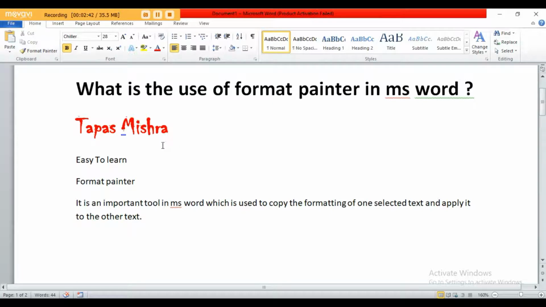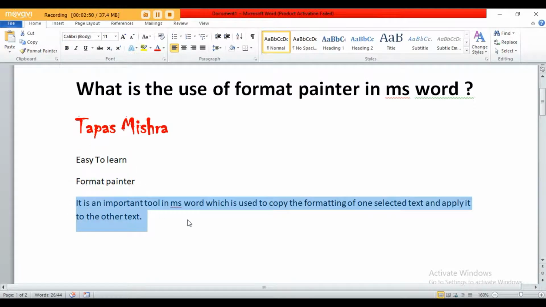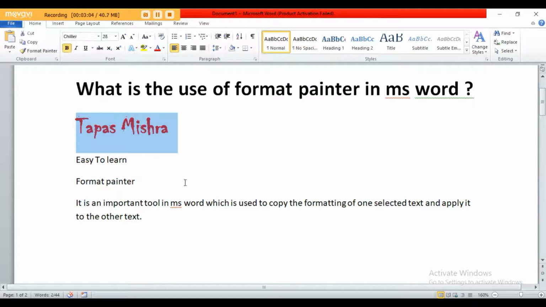You can see a few works I have done to make this look right. It is not an easy task, and the same formatting, if you want to apply it to your next immediate content or anywhere inside your document, then you can apply. But it is not easy to remember what font you used, what the color name is, what the size is, and what styles you have applied over this modified text. So in this case you need not bother about it.